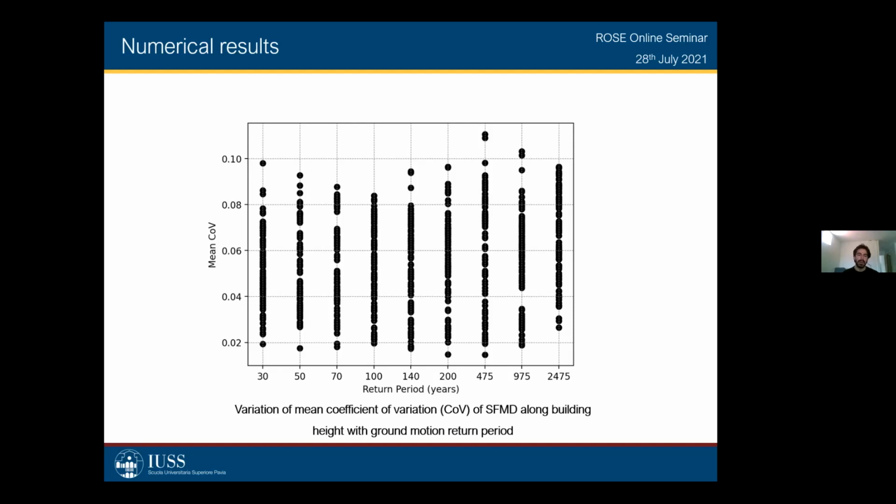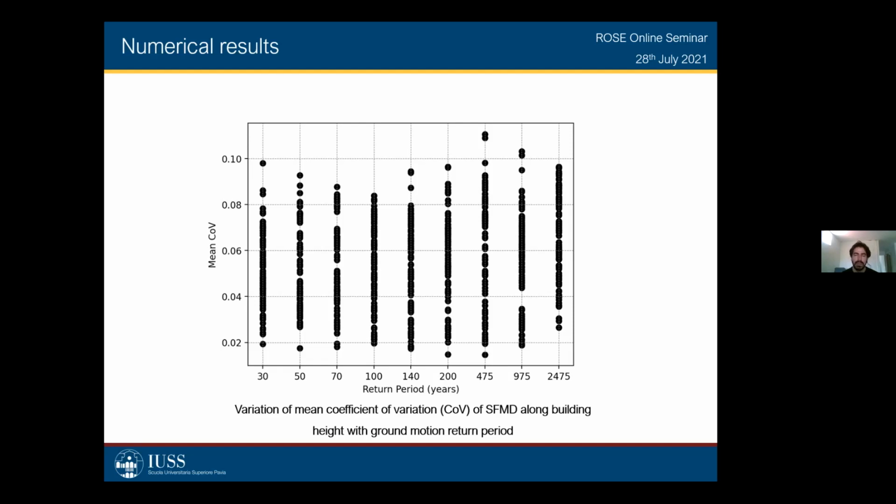And it says a mean coefficient of variation because it's the mean coefficient of variation for the 20 records. So that's why we only have 100 points, because it's 1 point per building, and each dot represents the mean coefficient of variation for the 20 records. So basically, as you can see from this plot, the mean coefficient of variation doesn't vary significantly. It ranges between 0.02 and 0.08 for most of the cases, which is the same as saying 2% and 8%.